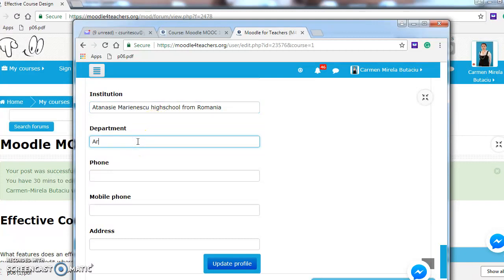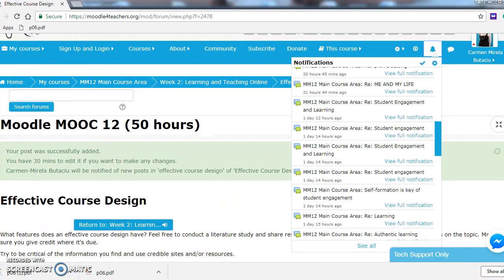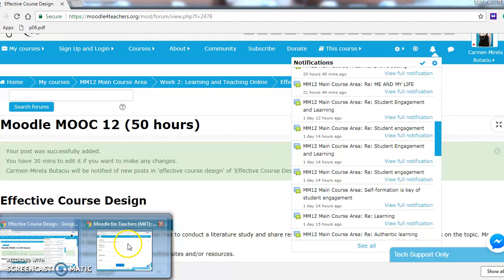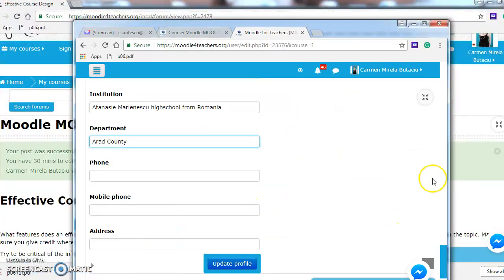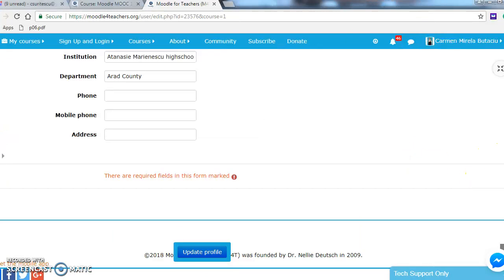Department Arad County. I won't insert my address or my mobile phone for it. Okay, so